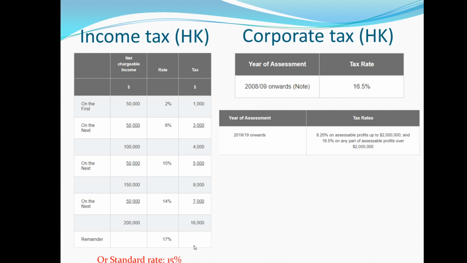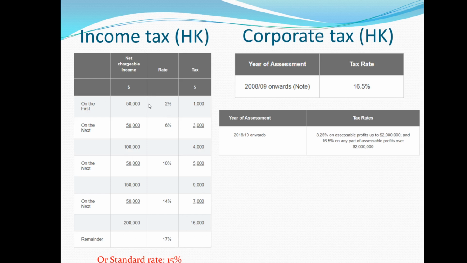Well, there is actually some mathematics that you can do to calculate. There should be a line where you can find out at which income level you should still use the progressive one, and if you pass that line, it will be much better if you use 15%, the standard rate. If you are earning somewhere quite close to this amount, it's still cheaper when you're using the progressive tax rate.